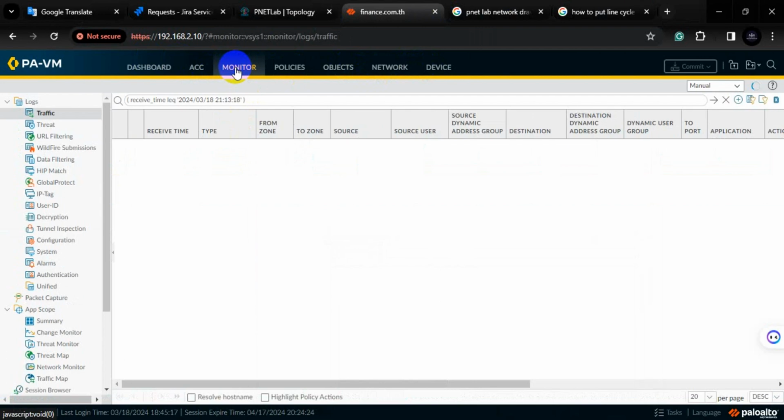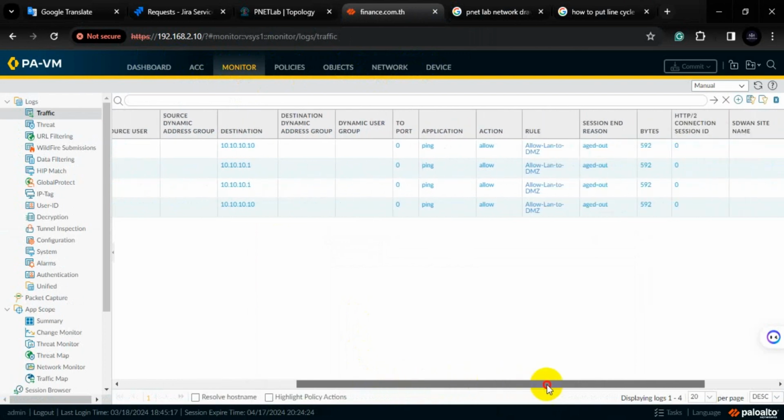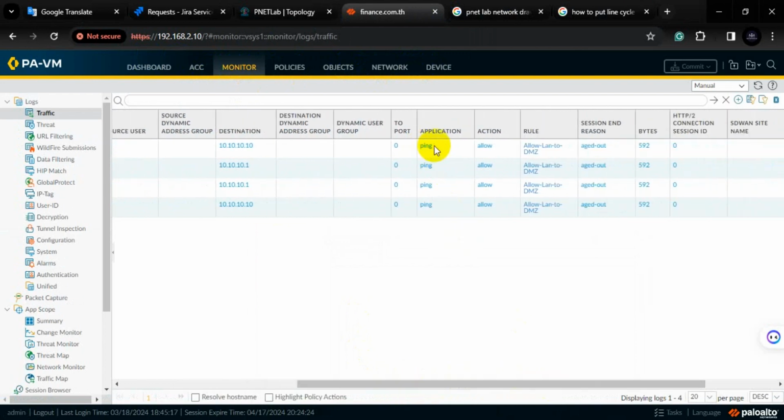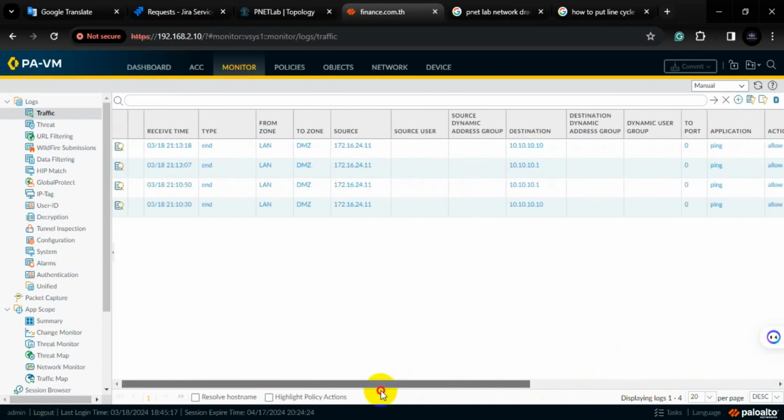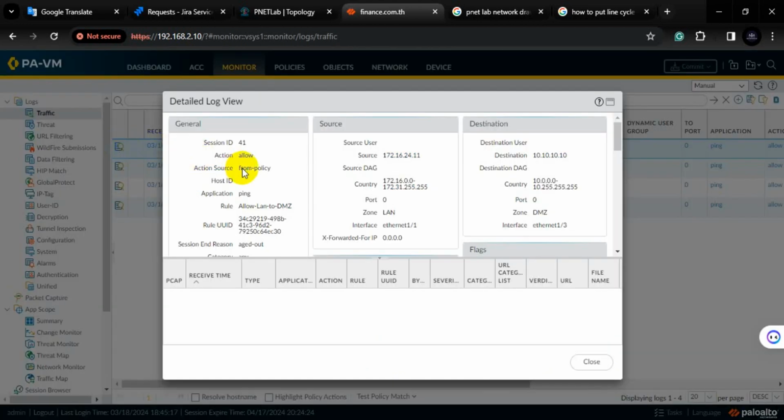So we can check the log after we ping to make the traffic. Then we can check the log for detailed information about the ping, what is the zone ID and source address and destination address. We can check detail right here. You can go to monitor and then traffic log and then traffic. Yeah, right here for general you can see session ID and